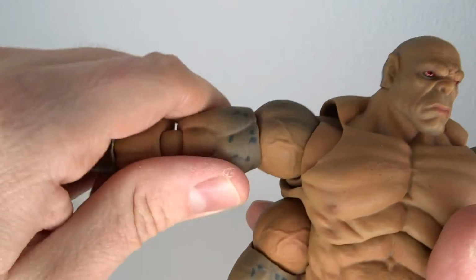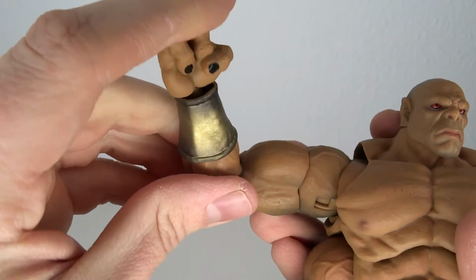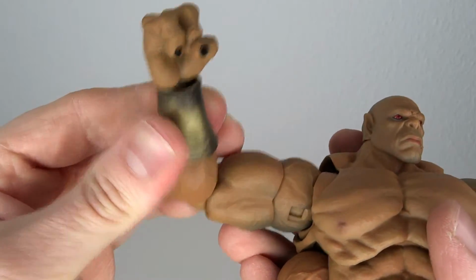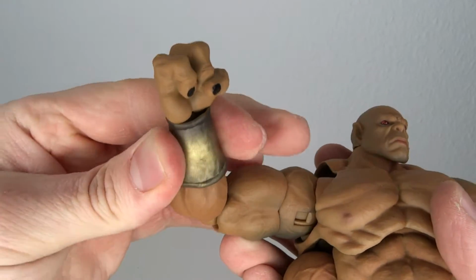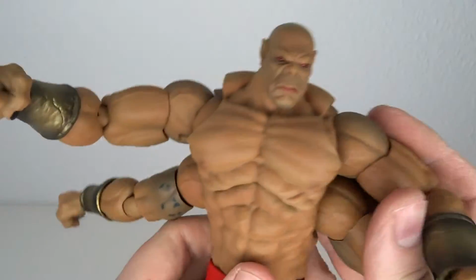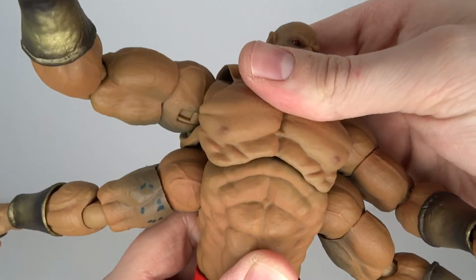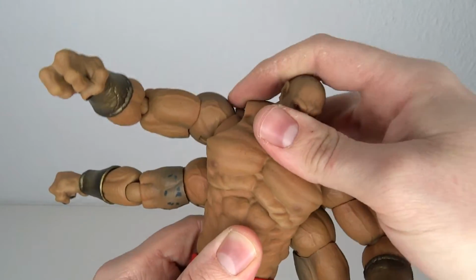Then we got the bicep swivel, double hinged elbow, and the fist is just on another ball hinge, goes forward back. This piece is soft plastic. I think this is floaty actually. Yeah, you can rotate the bracelets around. Then for the torso articulation, the chest goes to the back, goes forward, does tilt side to side,